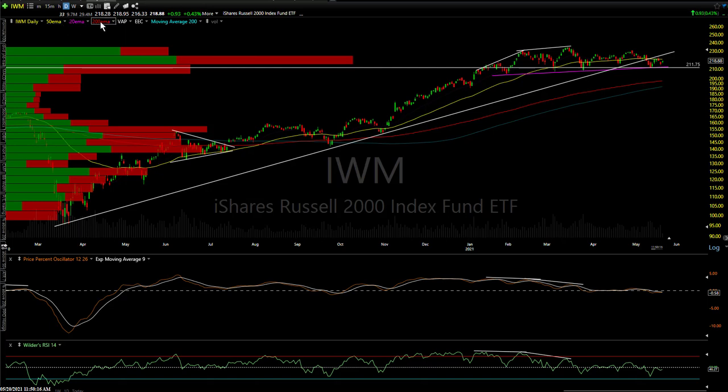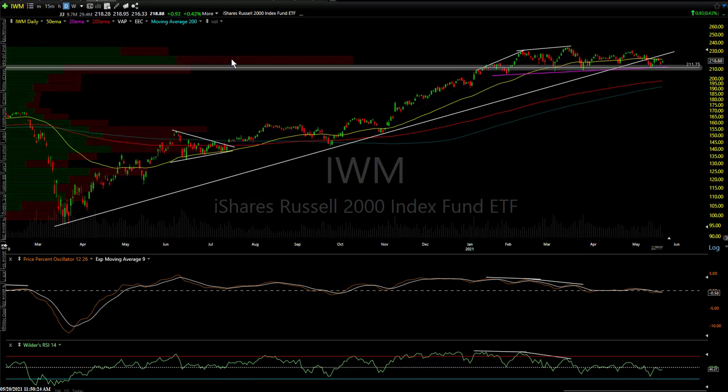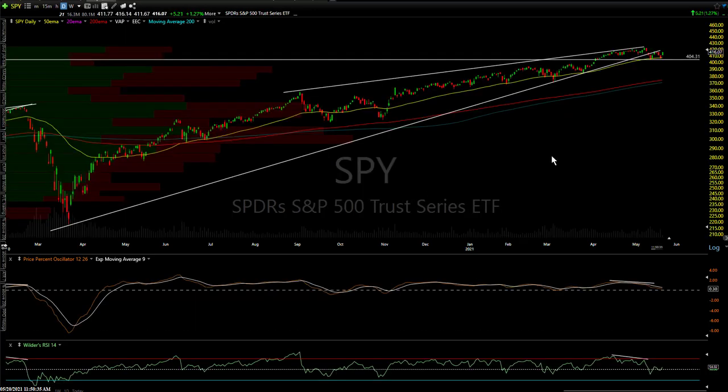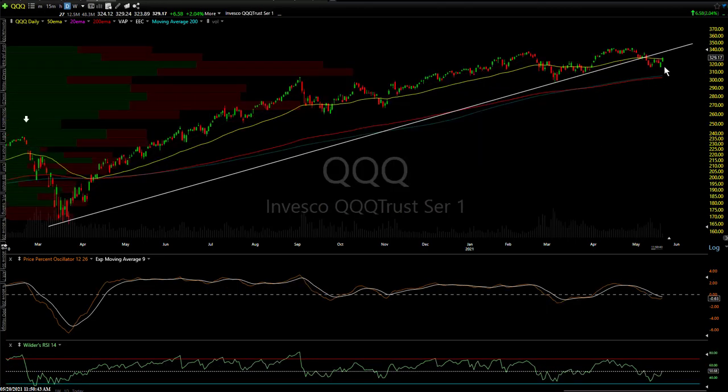about to get to. Let me just turn off these volume of price bars. Turn these down like I had them before. So I put them to the point where I can make them out, but they're just not too busy on the chart. All right, so there's IWM, and again, SPY have broken down, but a pretty important level there, about 404, needs to be taken out. And then QQQ also below the primary trend line right there as well.